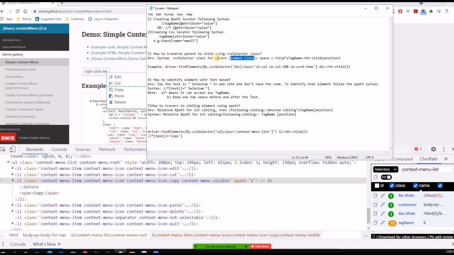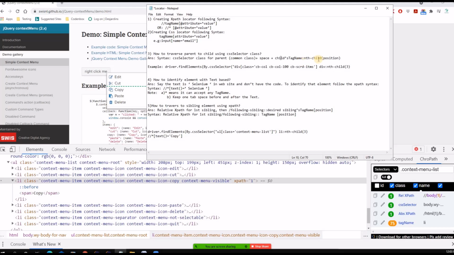So CSS selector for parents, then you will have a space. When you use CSS selector, you have to put a space, then you put the child's tag name. If all the children have the same tag name, say like over here li, all of them have the same tag name, you'll put that child tag name,